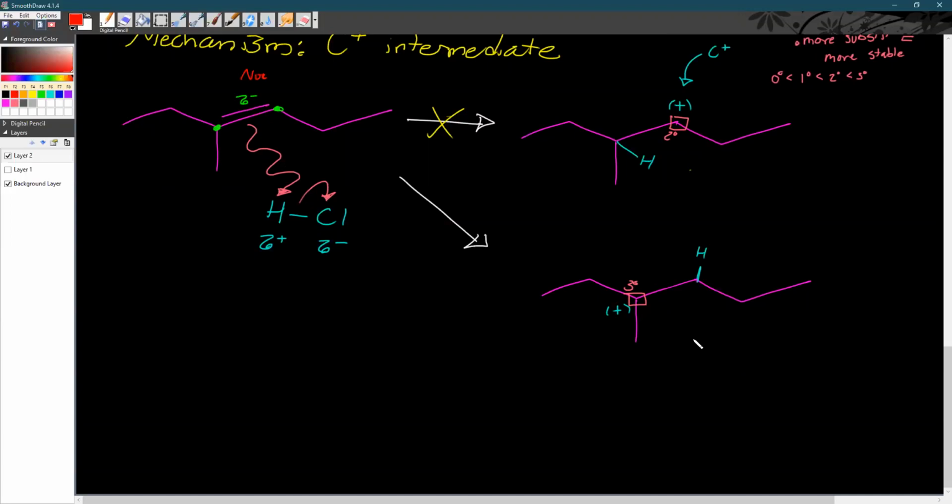Well, what we see is that leftover chlorine that was kind of just hanging around now has a full negative charge. Okay? It got the electrons from its hydrogen body and now is a full negative charge. And is this going to just hang around and be like, oh, this is so nice, I'm full negative? No, it's going to hunt. It's going to hunt directly for that positive carbocation. And what we see in the final step